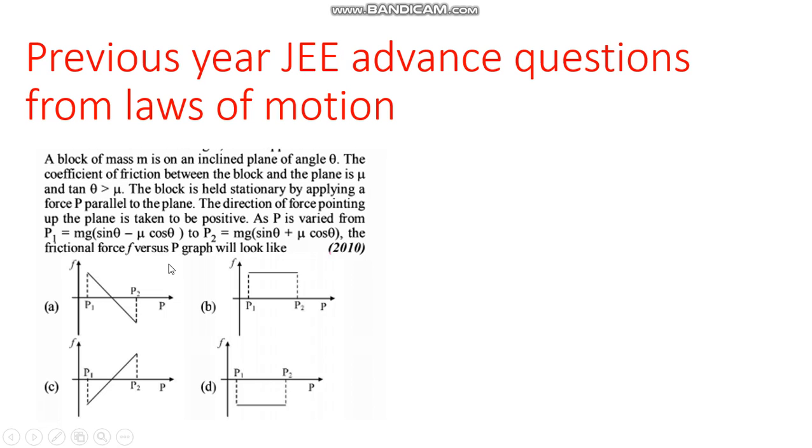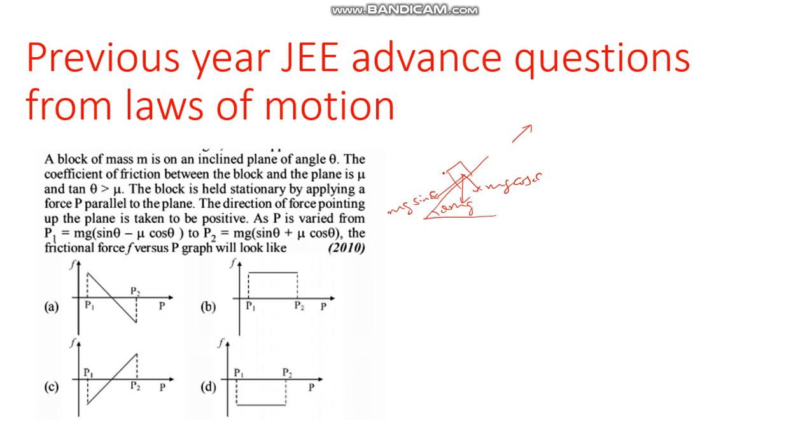So in this question, basically what he's saying is, you have a situation where there is an inclined plane, and a block is kept like this. Now if this is mg and this is theta, it will have components. This we have discussed many times. Mg sine theta. Along the plane, this direction, is considered positive.